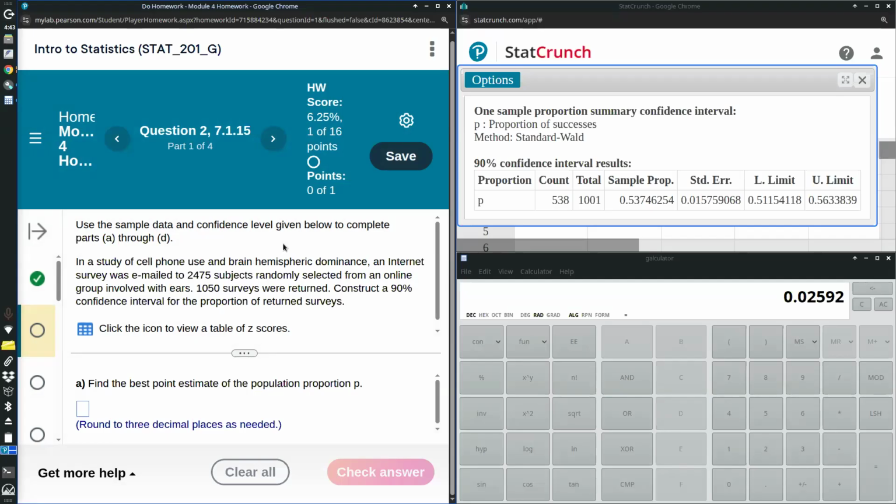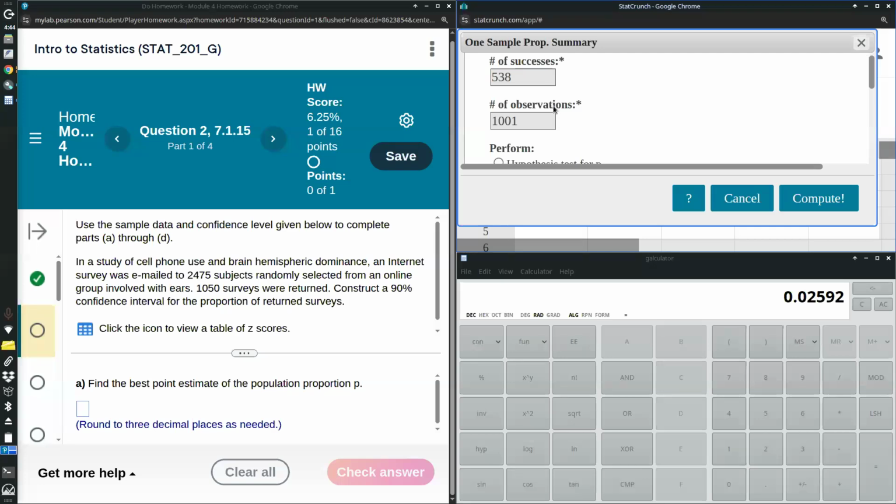Now, one thing that's nice is I can leave everything as is because I'm going to be using the same sort of calculation. So instead of going back to stat calculator, I can do options and then edit. And then I can just edit my successes and my observations. Does that make sense? So in this one, it says there's 1,050 surveys returned, and it should always be the smaller number on top. And then 2,475 surveys are the number of total observations. And we just want a 90% confidence interval